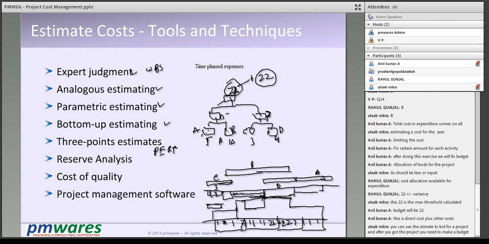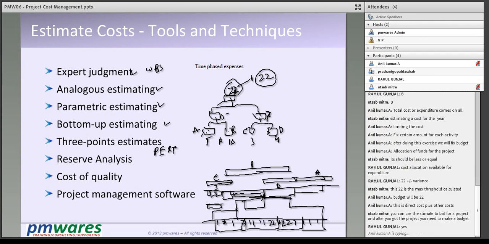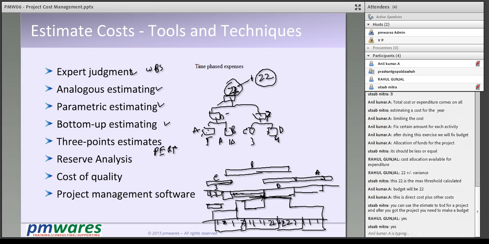So what you are saying, this allocation go back to this, but not to these activity, but on the time. Now I can track over time with the budget. Am I spending as per my budget, or I'm not spending as per my budget? Is that clear to you? Make sense? So that's the difference.